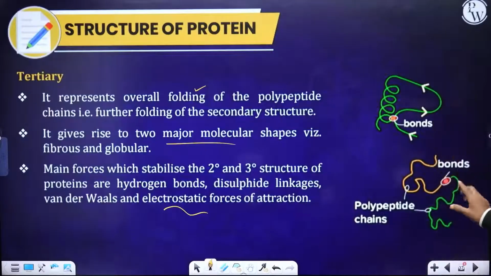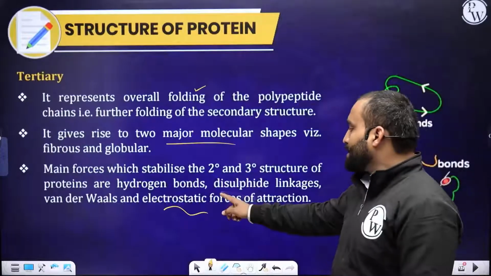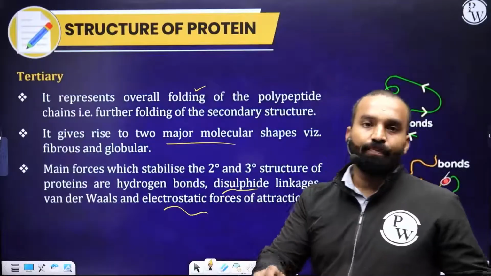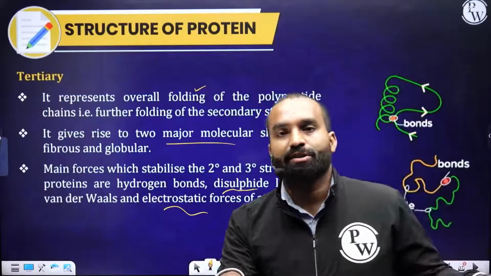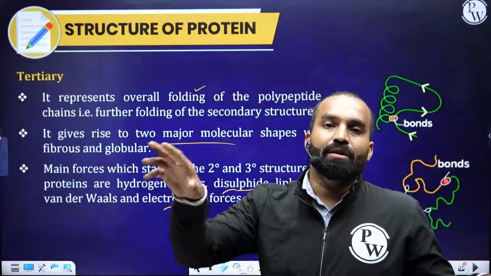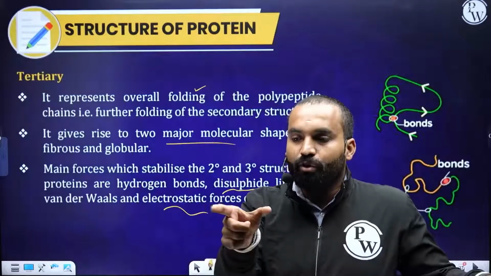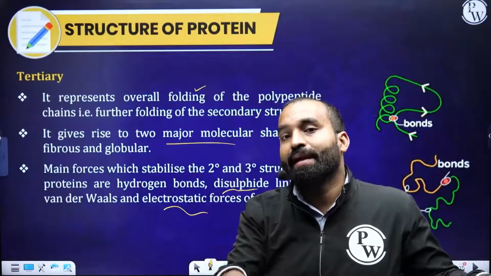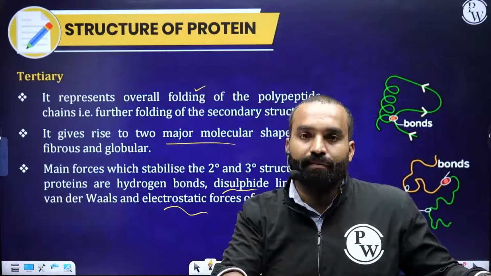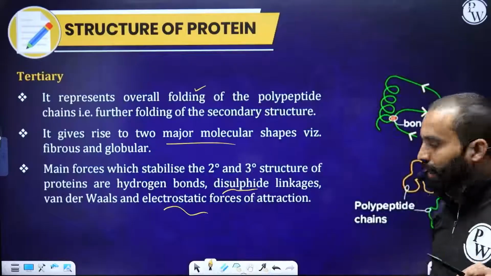You can see over here, this is the polypeptide chain which is folding over here, and then they have got polypeptide chains connected to each other via some sort of linkages, some sort of bonds also, and those bonds can be disulfide linkage. We know cysteine is one of the amino acids which is sulfur containing. If in the chain another sulfur containing amino acid is present, so they two will come close to each other and form a disulfide linkage and cause better folding. That's the reason people have curly hair.